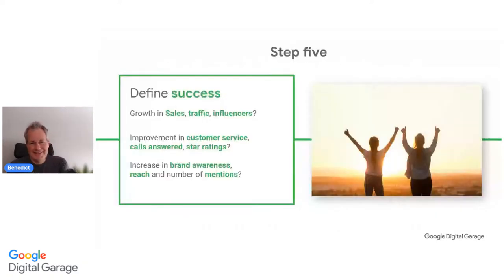Okay, defining success. The big thing, of course, especially with something like Google Analytics to help you, is that it can be very overwhelming. Don't get distracted by the wrong numbers. What was your goal? The number of followers can be a distraction, depending on what you're actually going for. Is it communication with the people? Is it just building up that community, so you're getting more people who are regularly visiting your website or following you? What particular things are you going for?